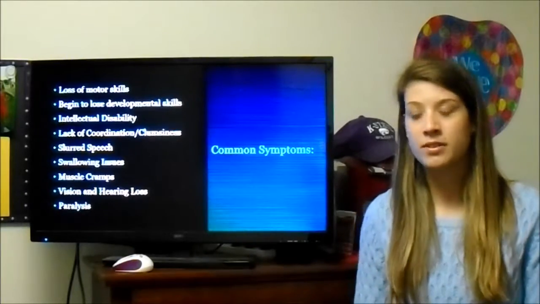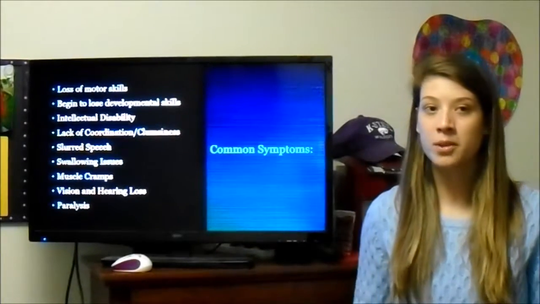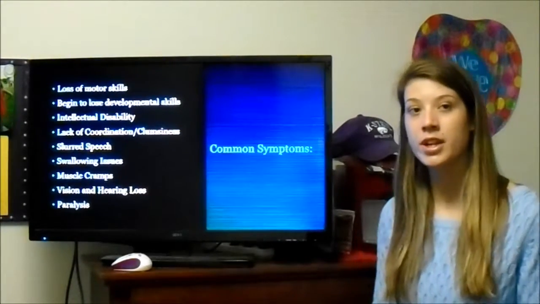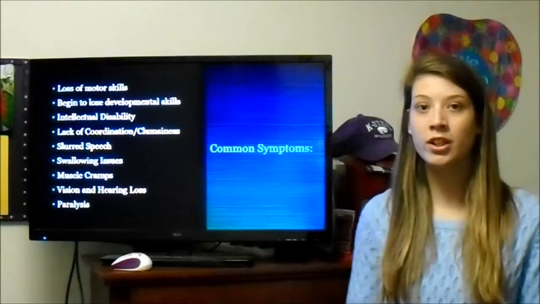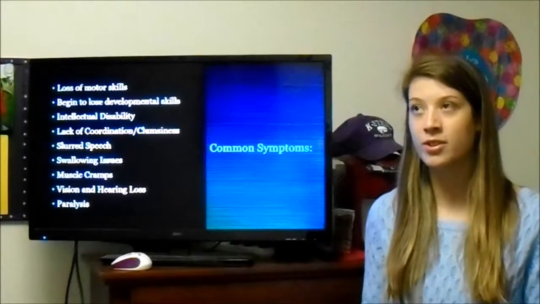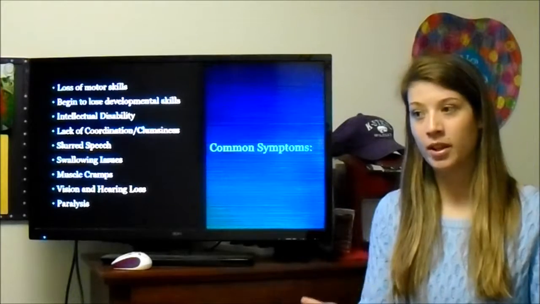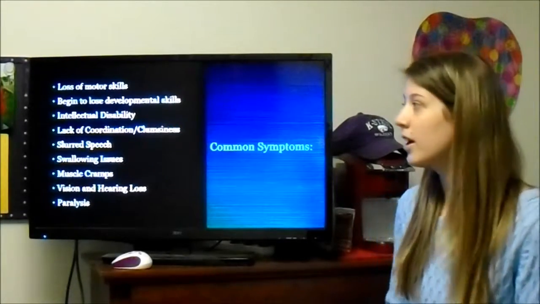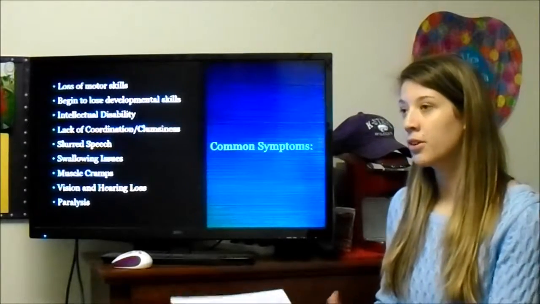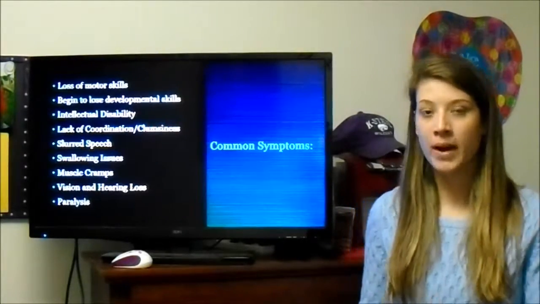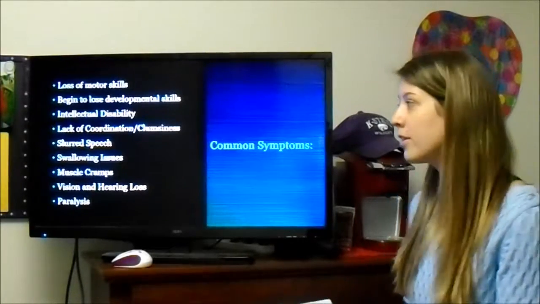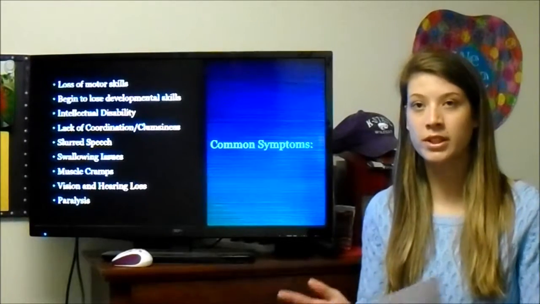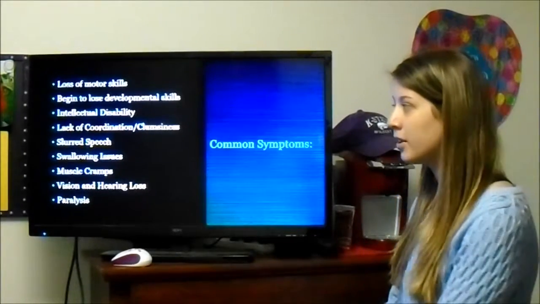There are many common symptoms for Tay Sachs, but the main one that people notice is that they begin to lose their developmental skills. Children, when they are young, develop really fast, and it goes in a common pattern. They sit up, then they roll, then they crawl, then they walk. It normally happens at about that time. But around 3 to 6 months of age, it starts to decline, and they won't be able to do this, and you'll see a backwards progression of developmental skills.